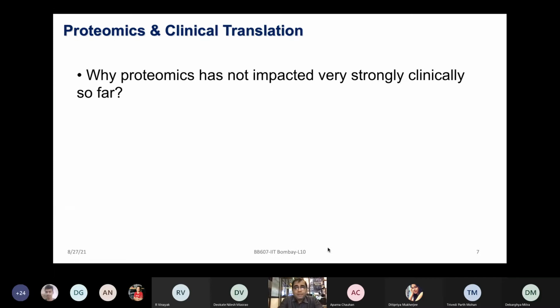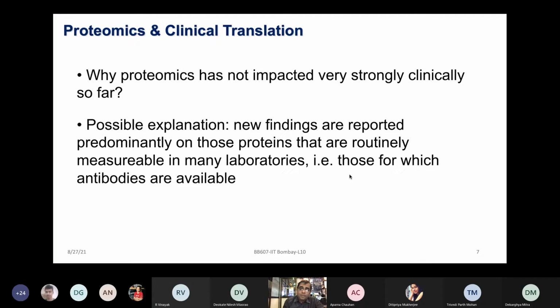So one question which keeps coming is that while mass spec can reveal a lot of proteins and a large number of proteins can be identified, not many proteins can be easily translated in the clinics. And why is that? Despite so many proteins being identified in different diseases or different types of problems, why can we not validate them and bring them to the clinics? And this is more so for the biomarker translation part, right?